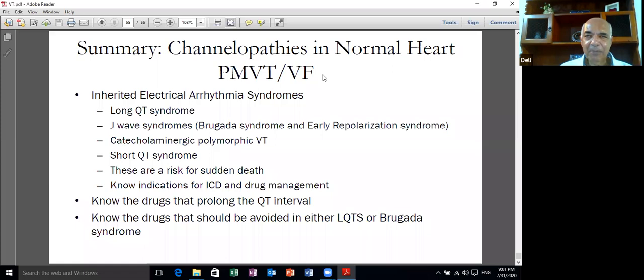I don't know any specific indications or contraindications in pregnancy. I think it should be the same unless the patient is using any of the drugs which can be responsible for one of the channelopathies. So if the patient is using antipsychotic drugs or using lithium for manic depressive psychosis, you should get off the drug first. But we don't use an ICD in these patients except for secondary prevention. We're usually very conservative. So we implement beta blockers for QT interval, even LQT3, which is not very responsive to beta blockers, for CPVT, and then we don't insert